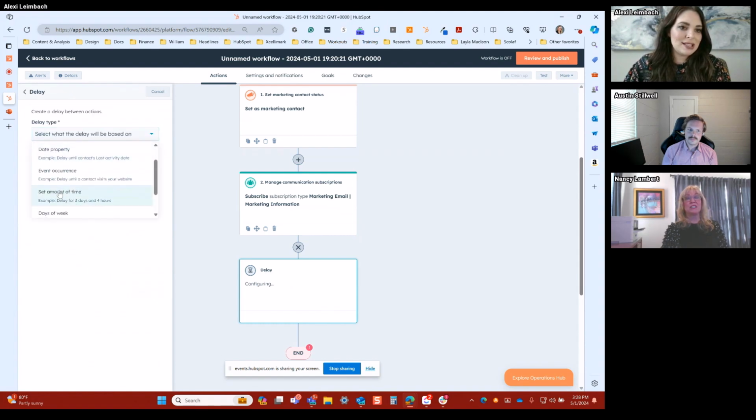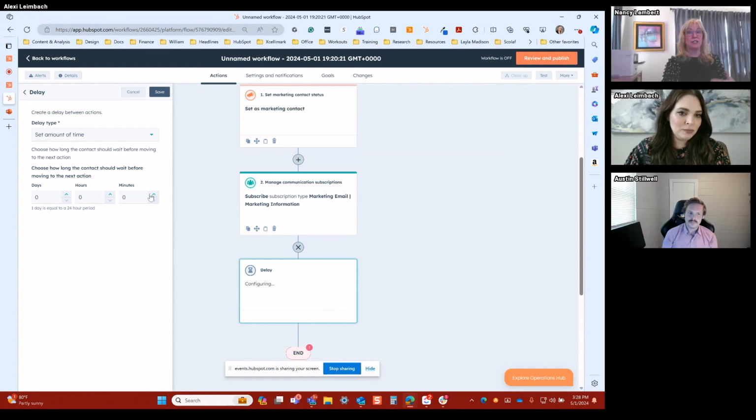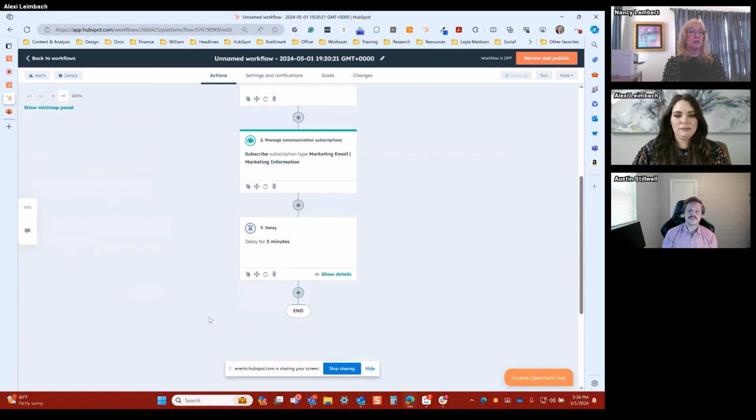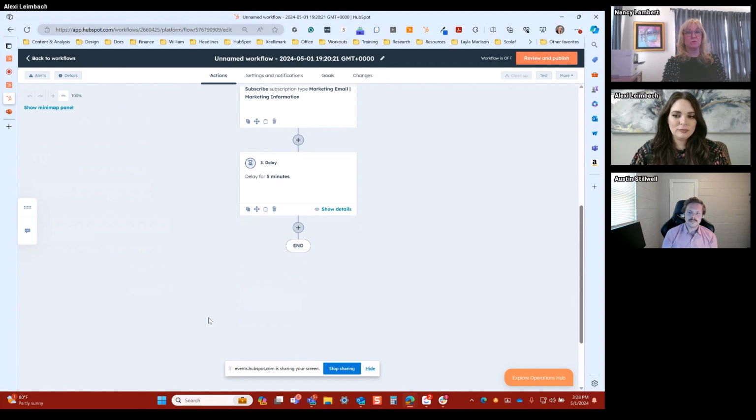And that's one of those things that a lot of times people don't realize in workflows, that it happens so quickly. If you don't give the database time, especially if you've got a very large database, we've got some clients with over 100,000 contact records in there, you might even want to set a delay for 8 or 10 minutes on a very, very large database, because you've got to give the system time to catch up. Otherwise it's bam, bam, bam, bam, bam. It's just going through these steps and it never got a chance to catch up to understand what property it's supposed to be looking at later on down in the workflow.